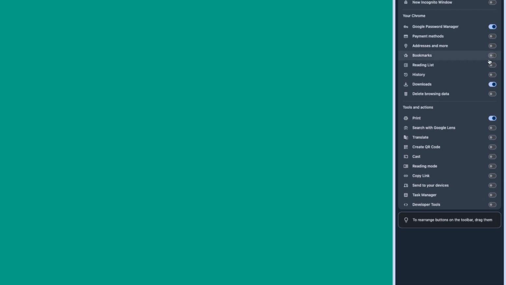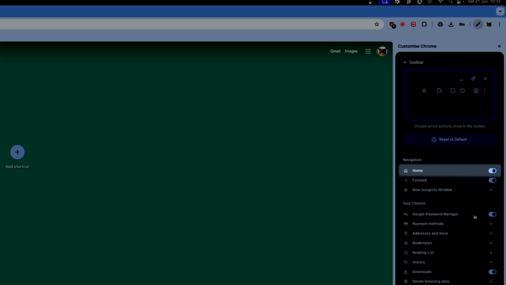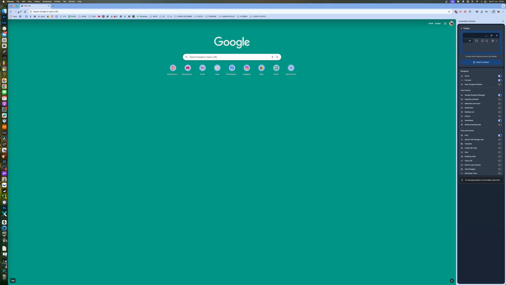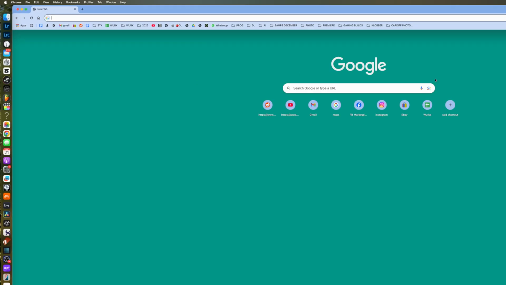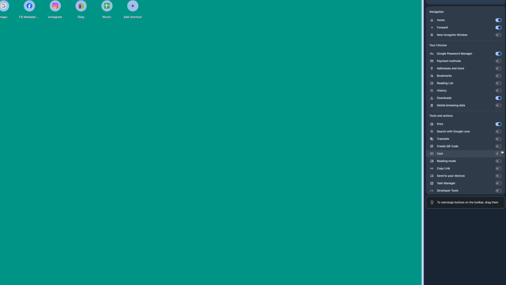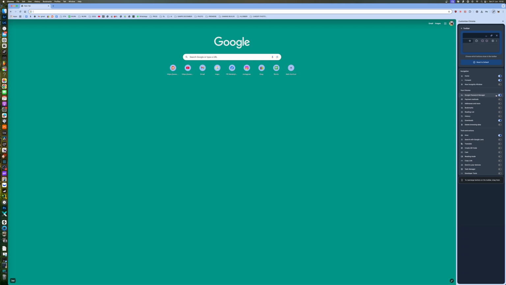So you can just turn on what is useful to you. The other one that I suggest having on is the home button. Yeah, it is the first switch. So the home button is this little Monopoly house here, and when I click it, it takes me home, which is Google in my case. So yeah, you've got these other options. I don't use any of the other stuff, so I haven't turned it on, but in your case may be